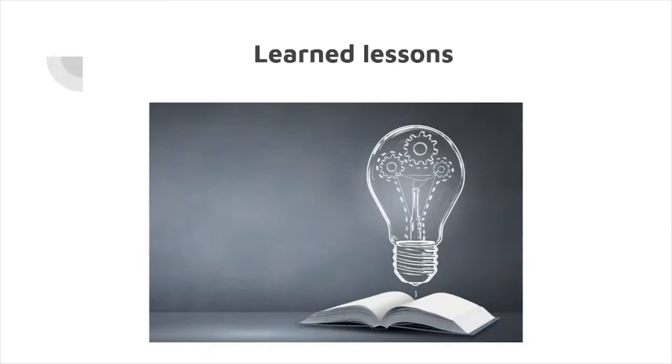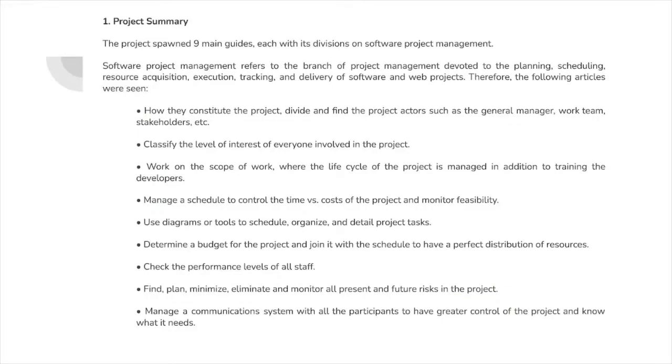Lessons learned. Project summary. The project spawned 9 main guides, each with its division of software project management. Software project management refers to the branch of project management devoted to the planning, scheduling, resource acquisition, execution, tracking, and delivery of software and web projects. Therefore, the following articles were seen: how to constitute the project, divide and find the project actors such as the general manager, work team, stakeholders, etc. Classify the level of interest of everyone